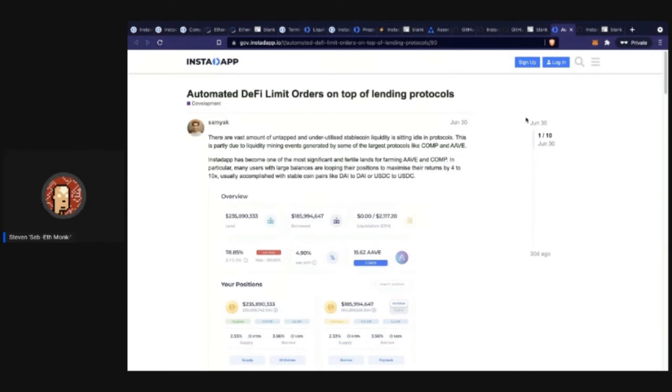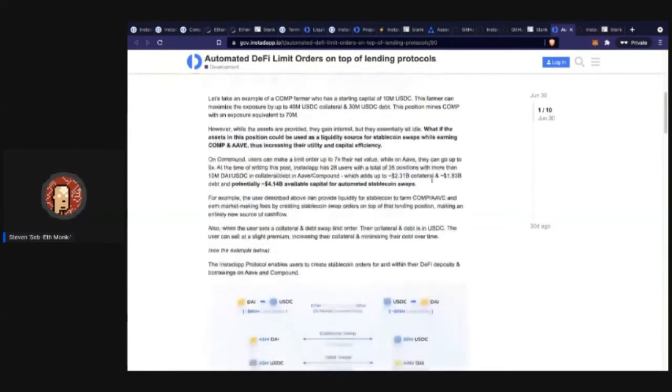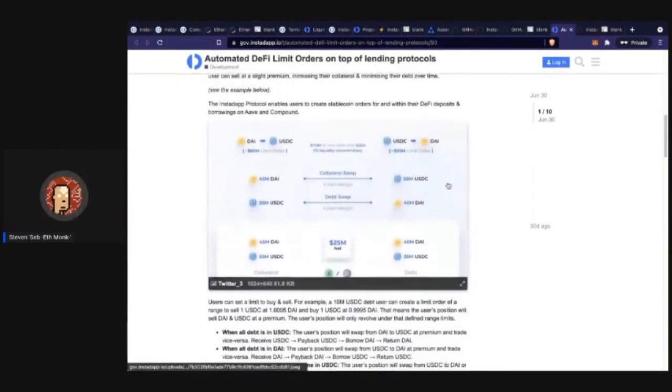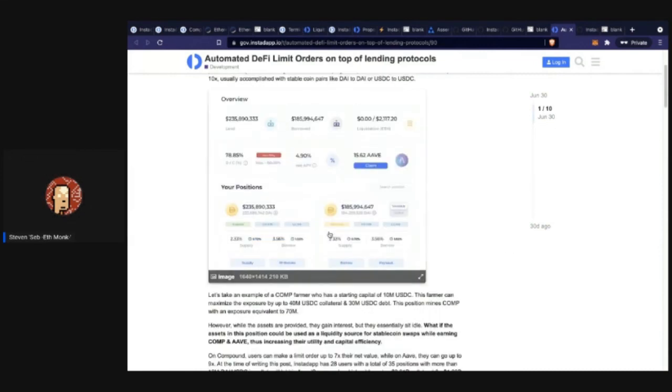I'm not going to walk you through this. It's quite complex, but just to give a sense of why you would do something like that. Well, we have lots of stablecoin farmers, Comp farmers, Aave farmers that have these large, sometimes dollar positions, so DAI and USDC and so on, where they're supplying DAI. I'll show you this example. In this example, they're supplying DAI and borrowing DAI at the same time to farm Aave.